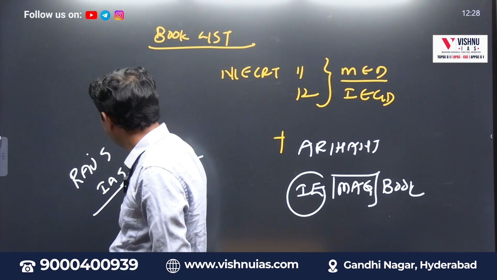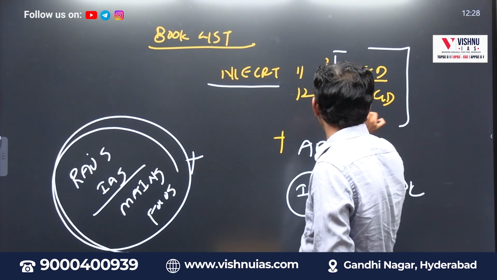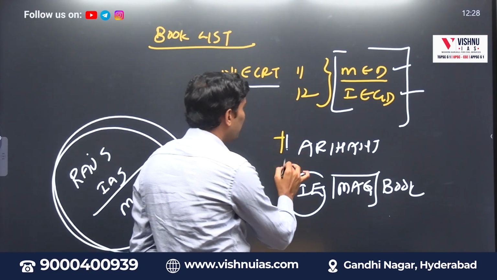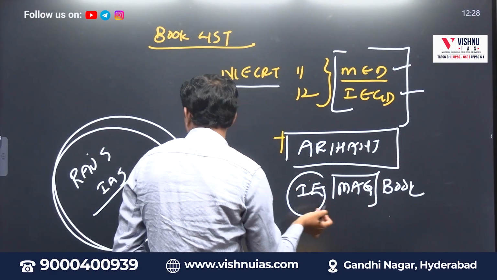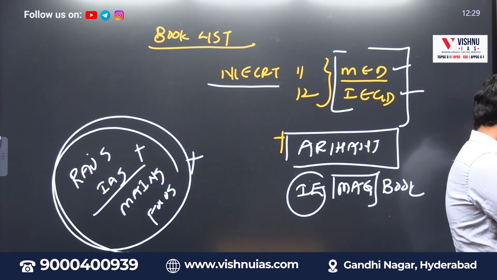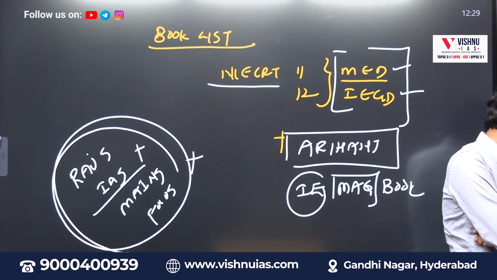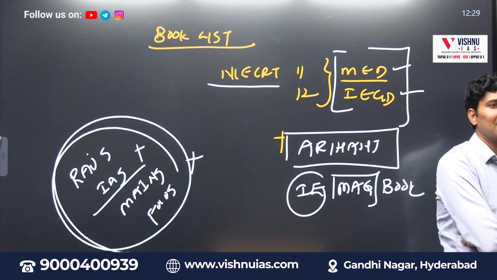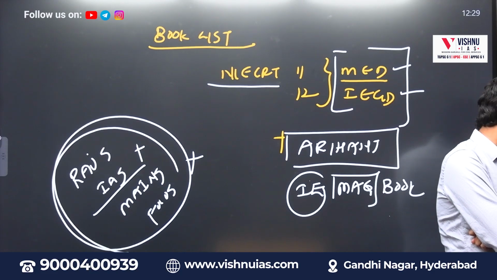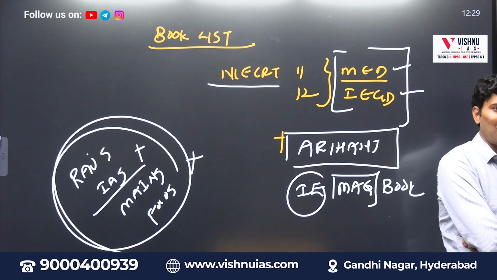So those who are preparing for self-study, the minimum resources are NCERT 11th and 12th macroeconomics, Indian Economic Growth and Development, the Arihant Publications Indian Economy Mag Book, plus whichever year you are writing mains, that year's mains focus. Rashmita, if you are doing self-study, I suggested only the least possible resources. Class notes plus current affairs you have to update. Monica, your class notes plus current affairs you have to update.